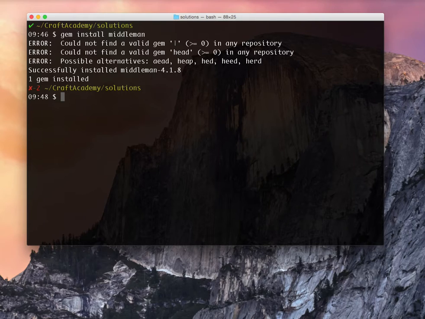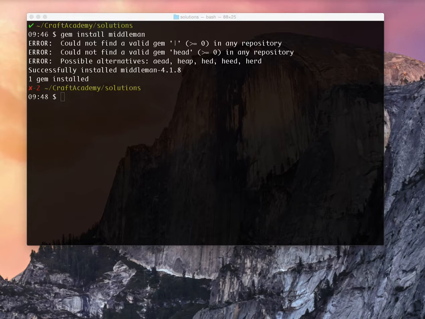I'm getting some errors, but you don't have to worry about them, and it's also possible that you won't get those errors when you do gem install Middleman. So it installed Middleman 4.1.8, which is a fairly new release,